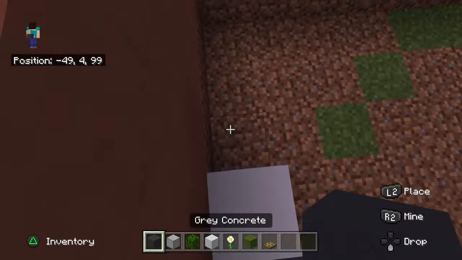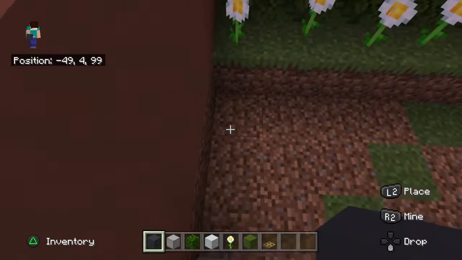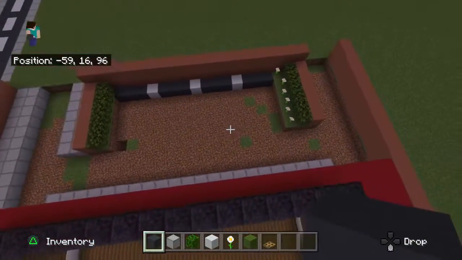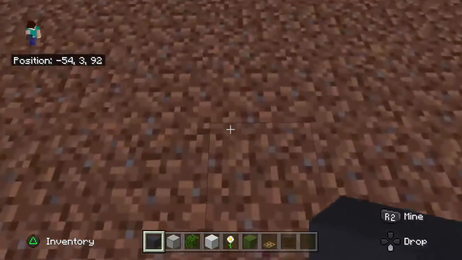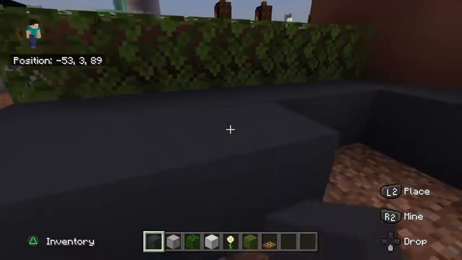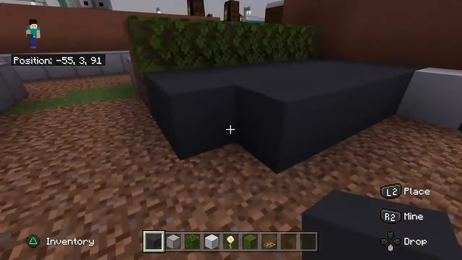Worst way of doing it. 3 grey, 1 white, 3 grey. So, there we go. Spaced perfectly. Bunch of car parking spaces. Of course, the grey has to get extended outwards, along with the white. And then...